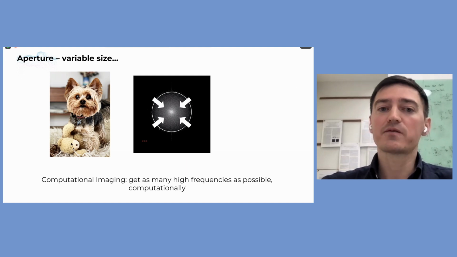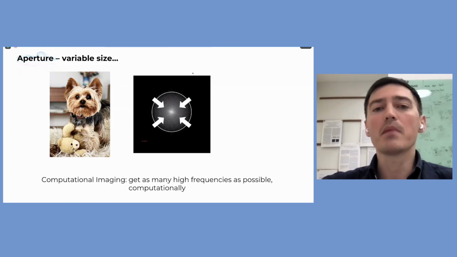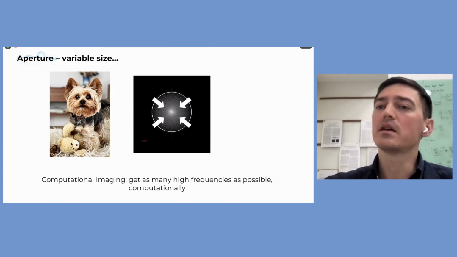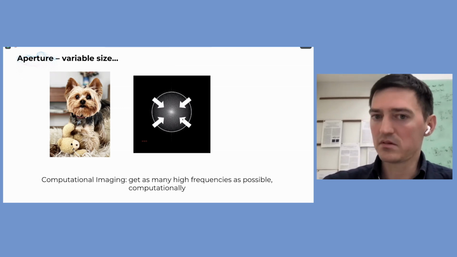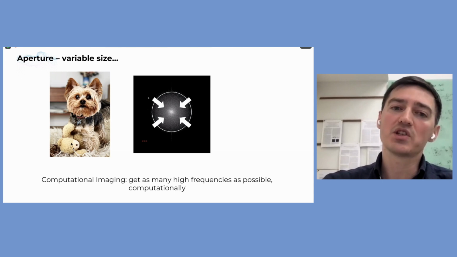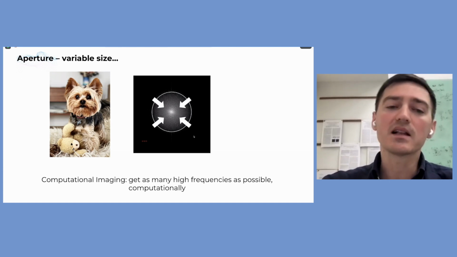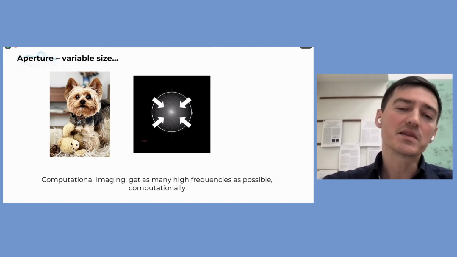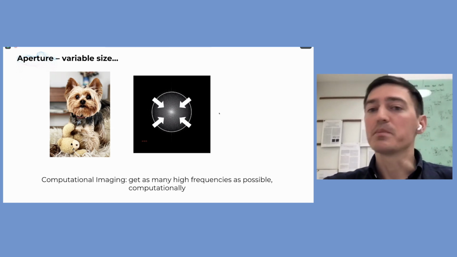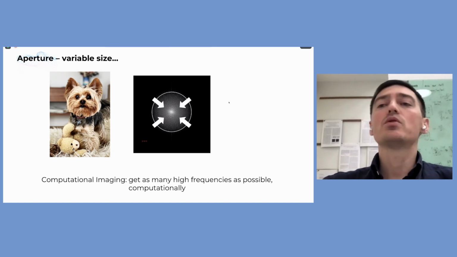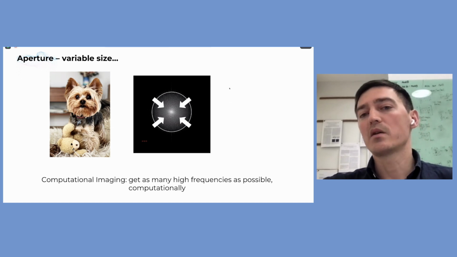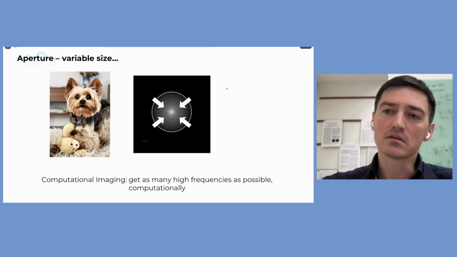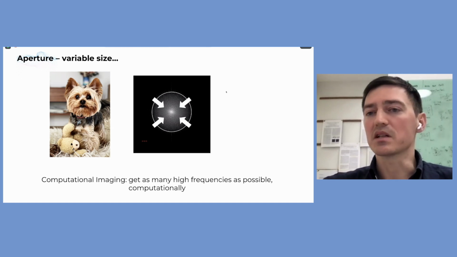So this is as far as your camera can go, this white circle, and by computational methods, you bring the higher frequencies into the resolvable or visualizable area, which is called the numerical aperture of your lens. And all of that is done computationally. As you do that, and this is where we start seeing analogies between imaging physics and computational systems and computer vision,